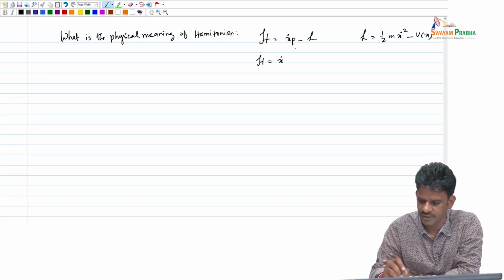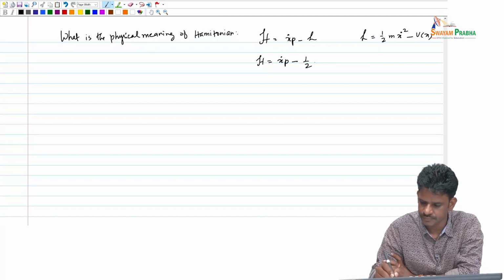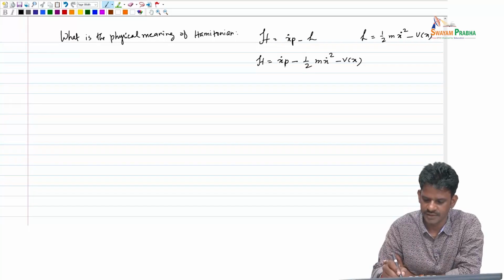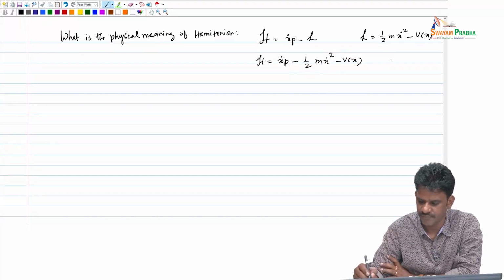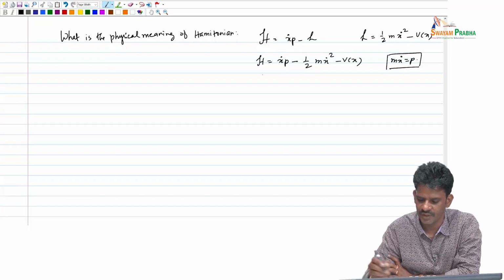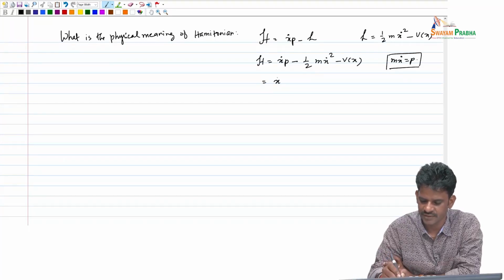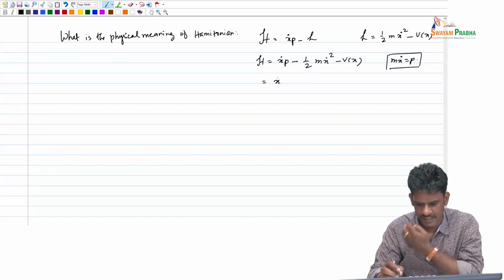x dot, and this. We also know that m times x dot is equal to p. Okay, so this is the definition of momentum. So, let us use that here. So you get